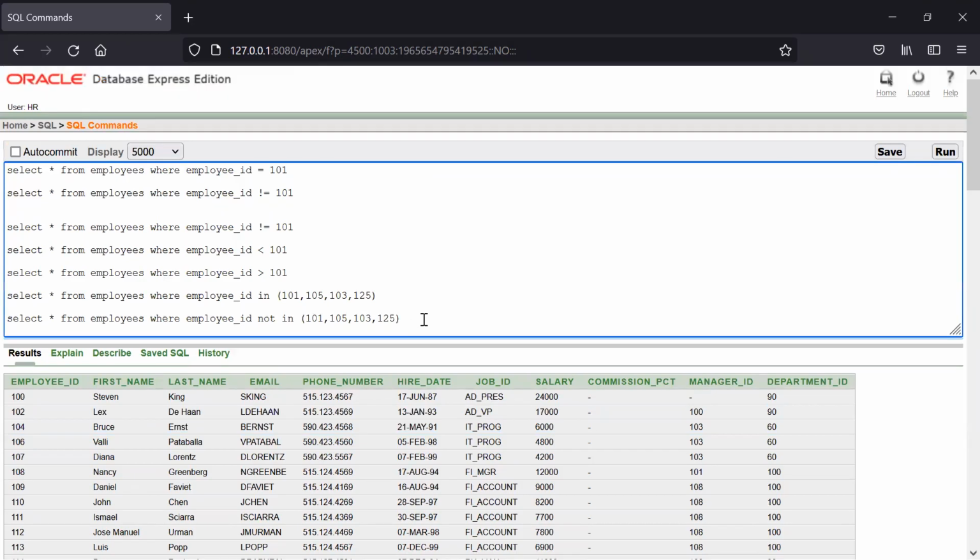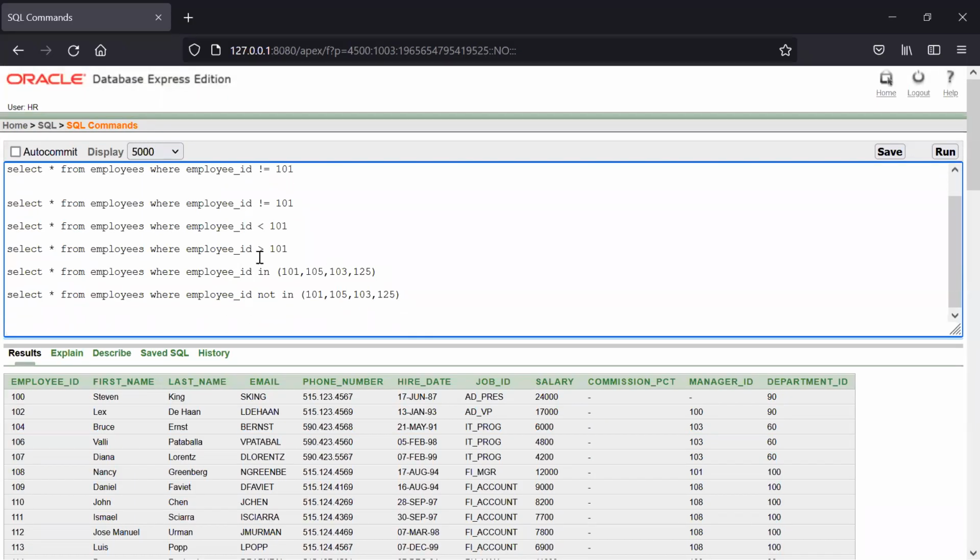And if we have any sequence of records, like starting from 100 to 101, or 100 to 110, like this, if we want the sequence of records, we no need to mention all those records in the in operator. In that scenario we can go for the between operator. Select star from employees where employee ID between